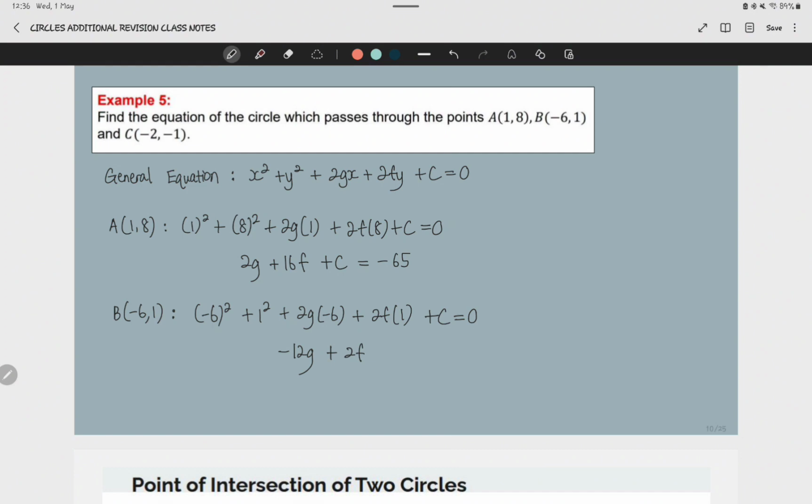Negative 6 squared, you get 36. 36 plus 1, 37. 37 move to the other side, negative 37. Don't forget your plus c, negative 37. So here you have